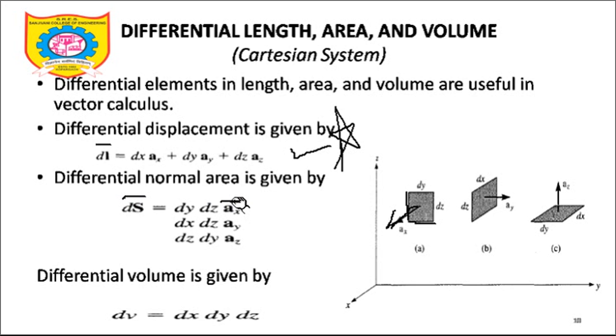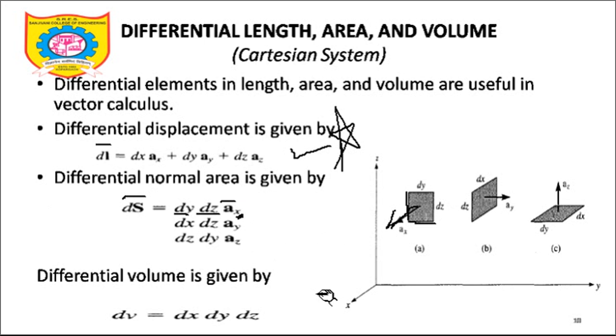If I forget about this ax bar, ay bar, az bar, we know that if it is a yz plane, it is having variation along y, so it is dy. It is having variation along z, dz, and a unit vector normal to that will be your third coordinate. It's very easy to understand or even remember: dy dz ax bar. Let's look at this particular surface now.